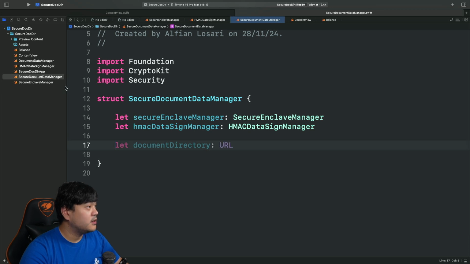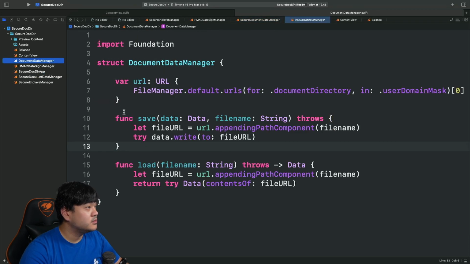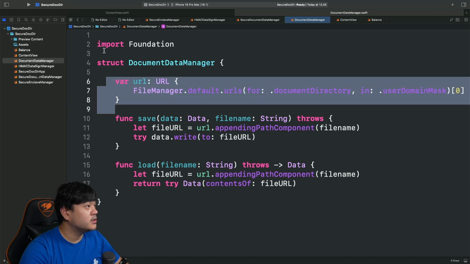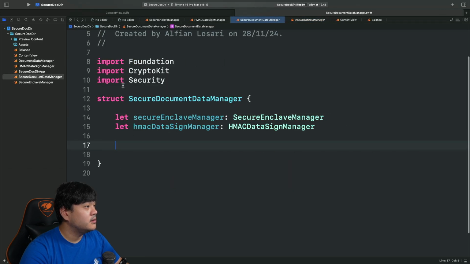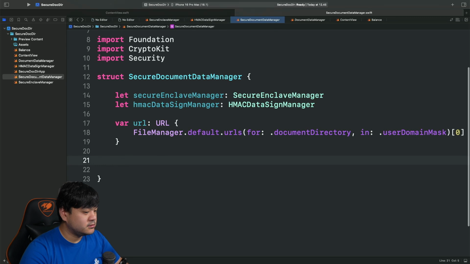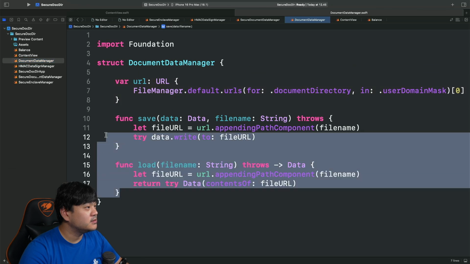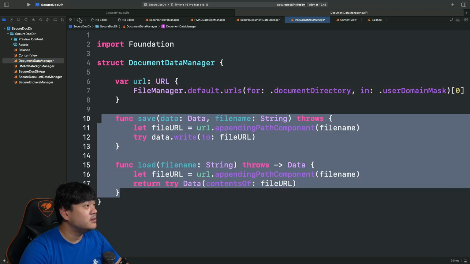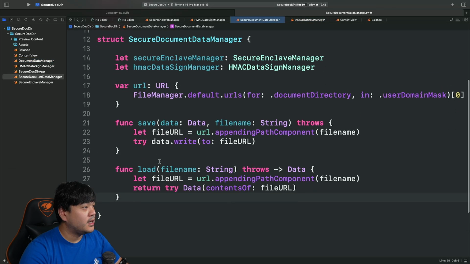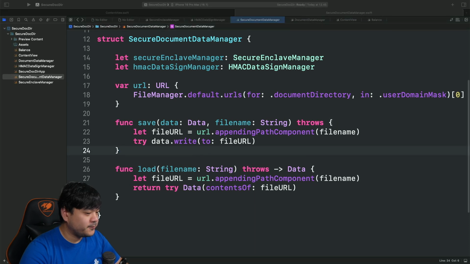Let's also copy the method to get the document directory URL here, and we will use the same method signature, but we will add additional implementation.